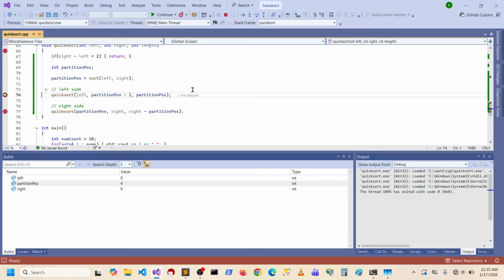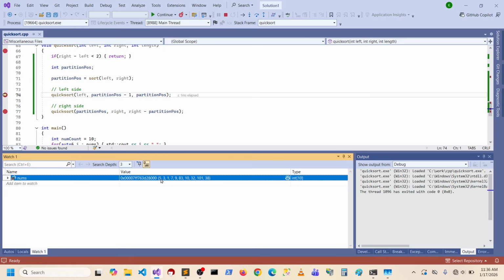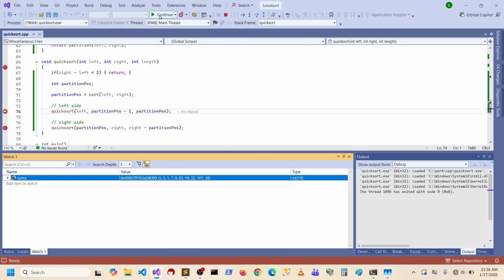Partition pauses 4. So that should be right. 0, 1, 2, 3, 4. That's 4. Left is 0. Partition pauses 4, so that'd be 3. So 0, 1, 2, 3. That should be right. Partition position 4. So at some point we're going to, let's go here,